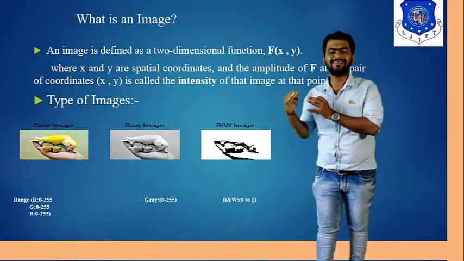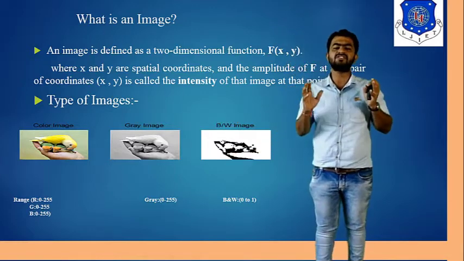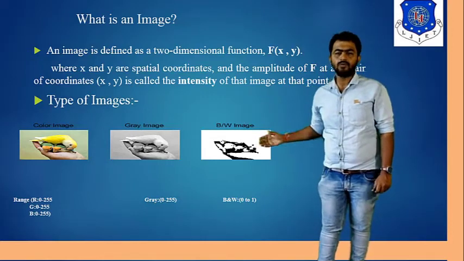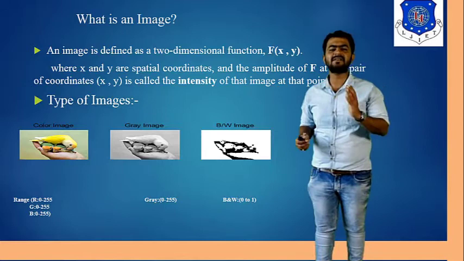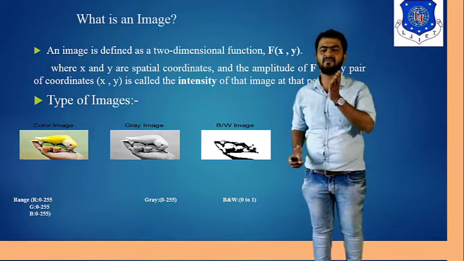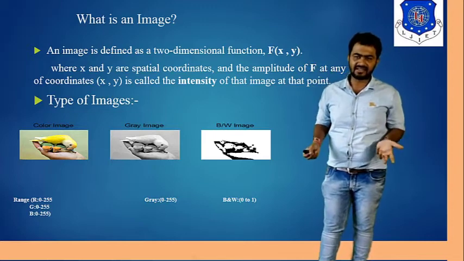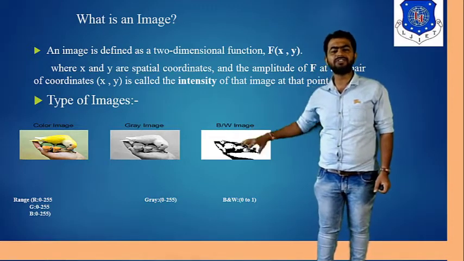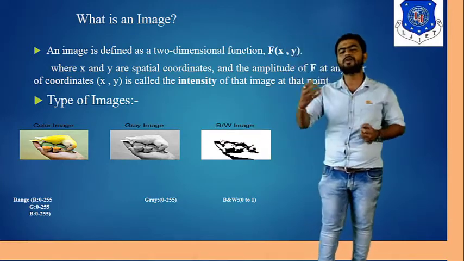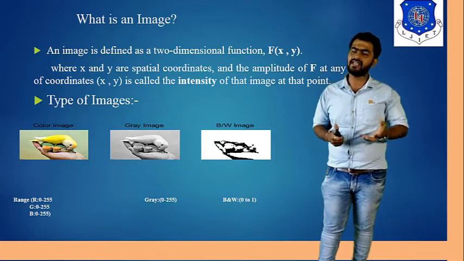Now we go ahead to grayscale. For grayscale, we have a range of 0 to 255 only, because we have a range of a specific gray image only. Now we move ahead to black and white images. For a black and white image, we have a range of 0 to 1 only. 0 is considered black, and 1 is considered white, because 1 corresponds to the 255 level and 0 is 0, right? So in a black and white image we have only two shades, 0 and 1, and in grayscale we have a range of 0 to 255. So you can see the range of different intensity values as we already discussed.